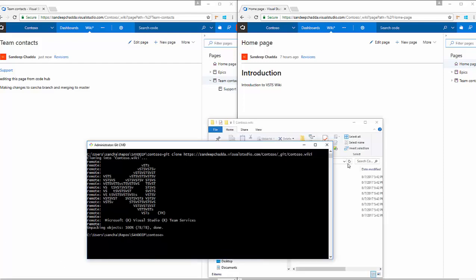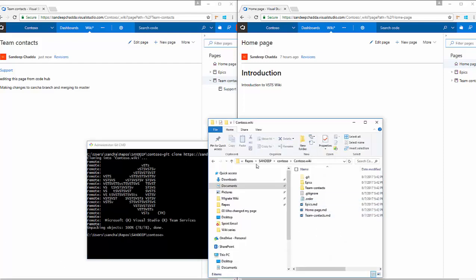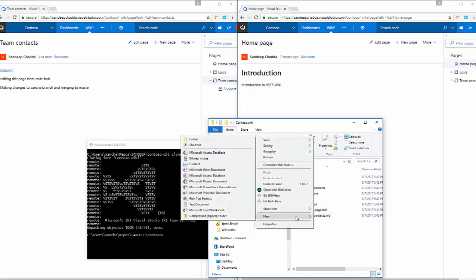So now I have cloned my Git repository. As you can see here, I can see the entire structure of the Git repository. Now let's say I have to add a new page. So let's just add a